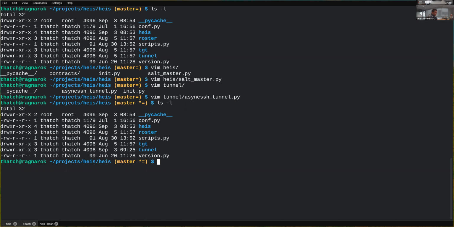If people are interested in POP, which Heis is built on, and which I'm building more and more stuff on moving forward, POP is definitely open, Apache licensed. It does have documentation out there. I think the documentation for how to use POP is pretty good. As always, I'm open to feedback there. But I would definitely encourage people to take a look at POP, as this is a system that allows us to have a really fantastic kind of compartmentalization inside of the SALT ecosystem moving forward.